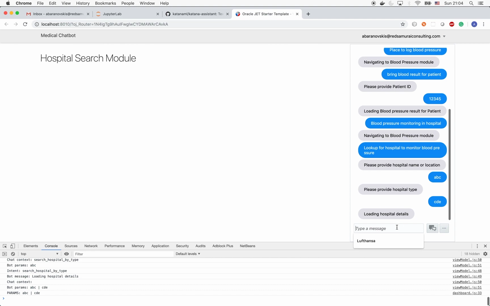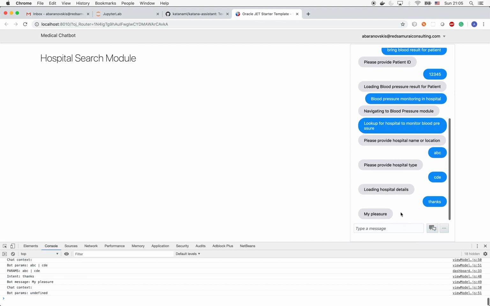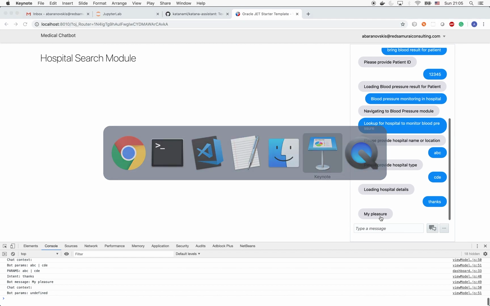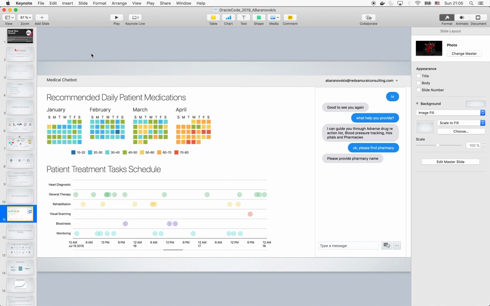And then once the operation is done, we can type anything like thanks, and then it understands that we are already out of context, and then it starts to classify this input, finds that this is the intent thanks, and returns back the response. So this is how it works. And if I would switch back to the PowerPoint